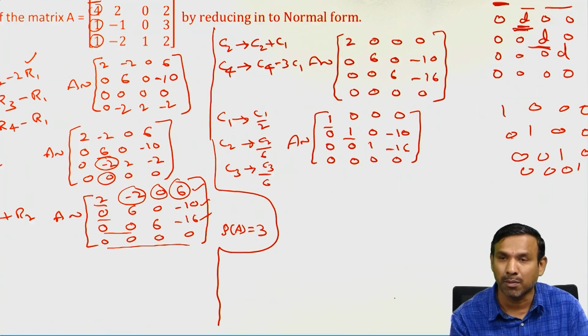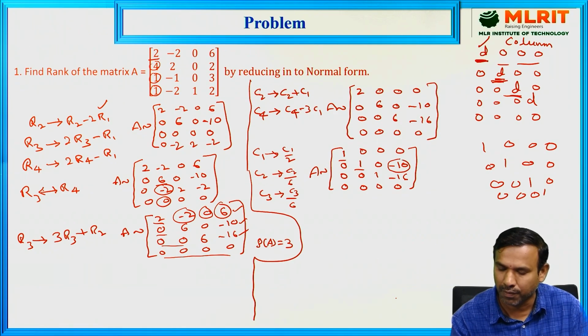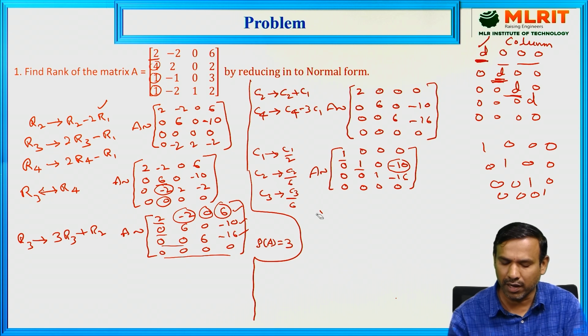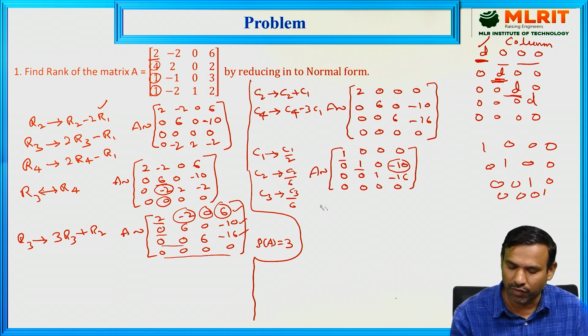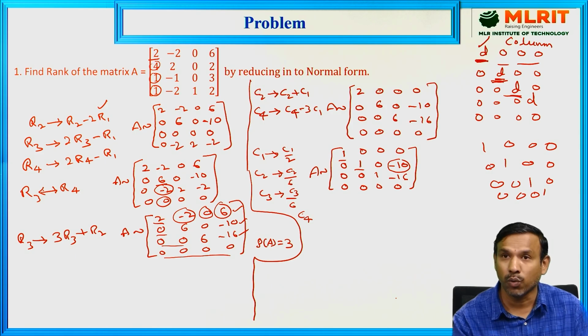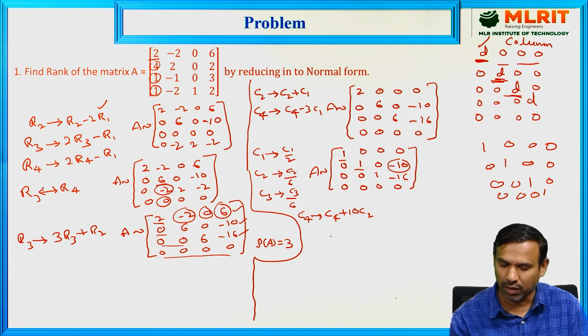Already the C3 element is 0. Your only task is to make this C4 element 0. C4 is the element where we have to make it 0, right? So the C4 element is minus 10. Using C2 we have to do it. C1 task is completed, don't touch C1. C4 implies C4 plus 10 C2. Minus 10 plus 10, 0. This is equivalent to,